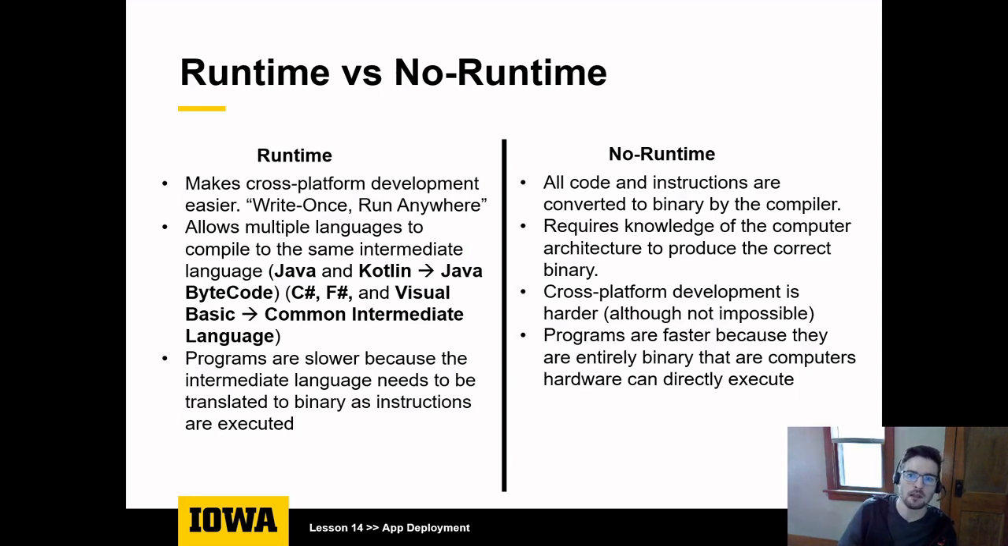Plus, the runtime can provide some other programming features such as garbage collection, and that feature, for example, will make your program slower. Okay, so with no runtime,